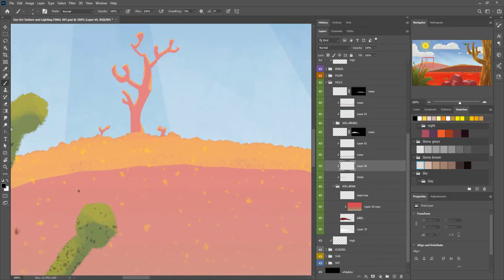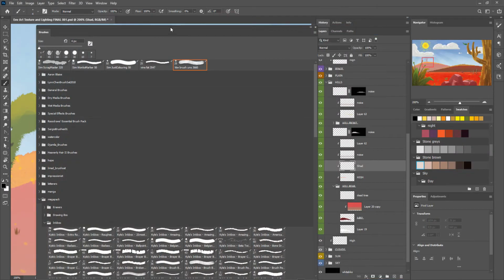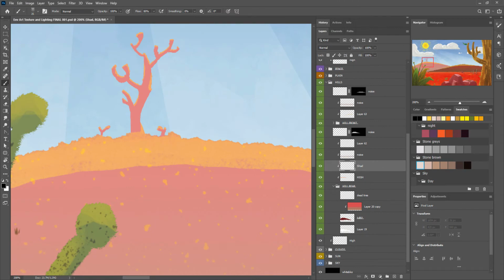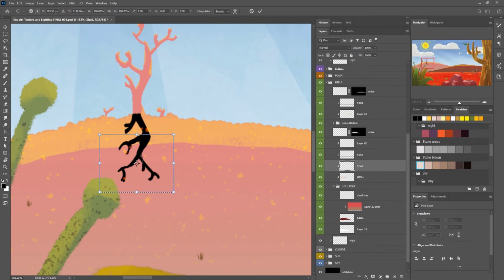What I want to do is cast some shadows off this tree. And what I need to do is work out the angle that the sun's coming from, and that's coming from a slight upper left angle on this tree. So I'm going to make sure my shadow is slightly towards the right, angled a little bit towards the right. So basically what I'm doing is drawing essentially a reflected version of the tree, and I'm using